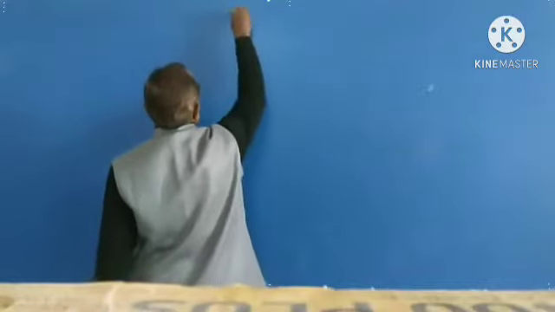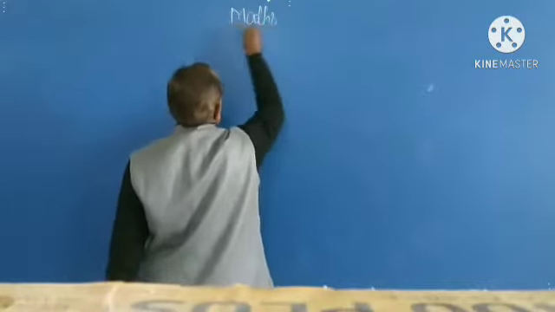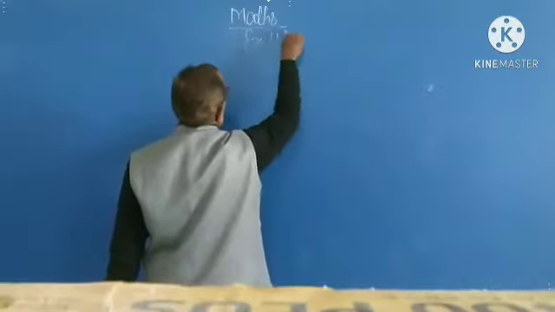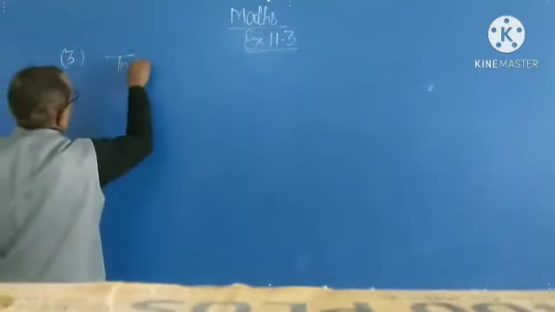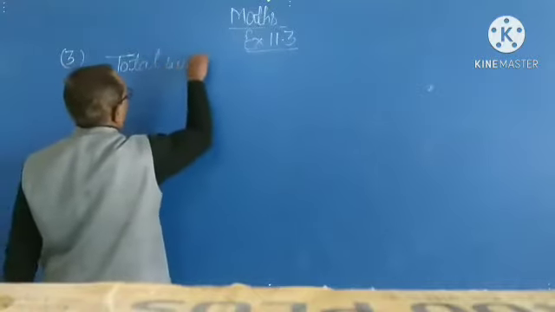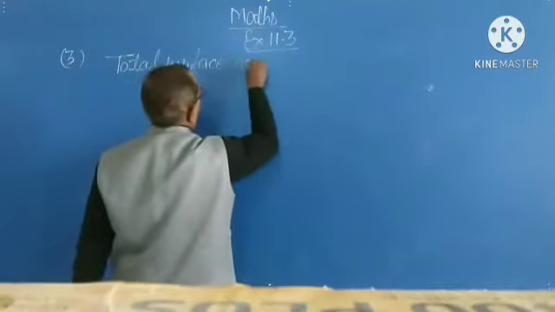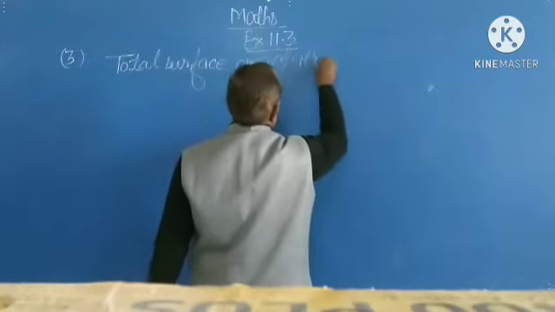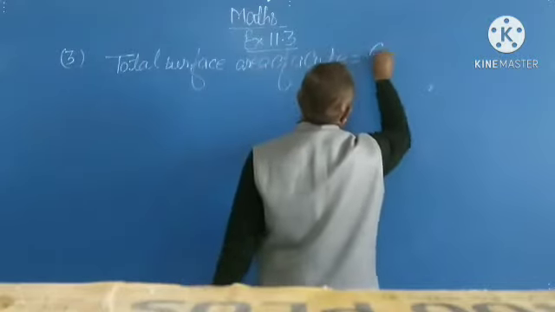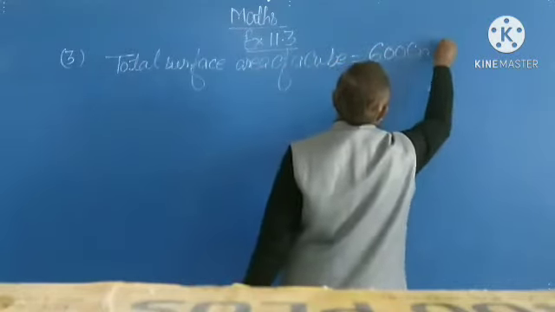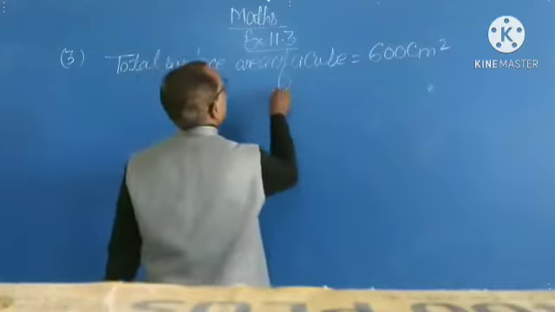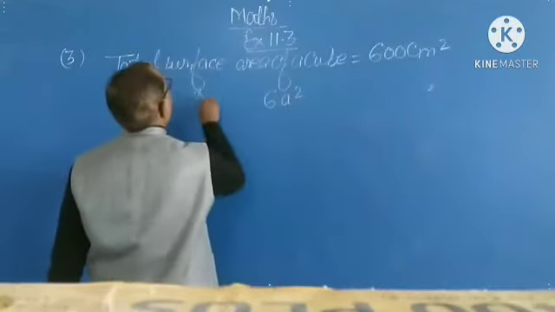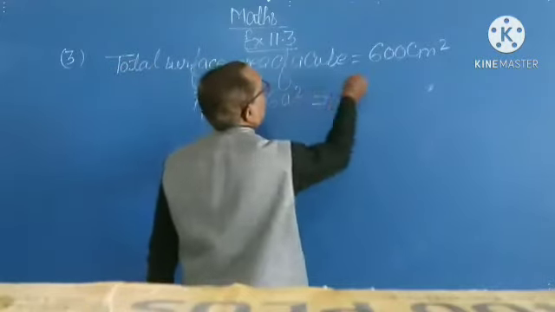Then you write down exercise 11.3, question number 3rd, total surface area of a cube is equal to 600 centimeter square, and formula of total surface area is 6a square. According to question, 6a square is equal to